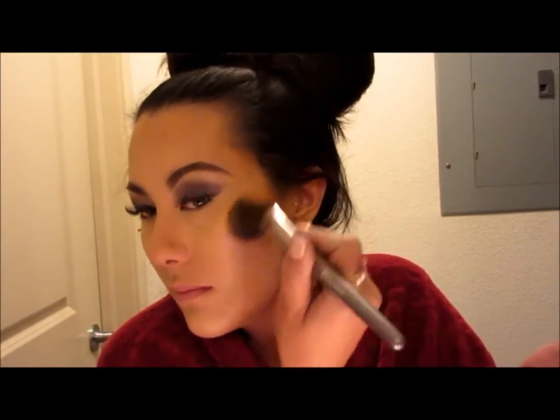And then next, to bronze up the face, as always, I'm going to be using my Golden Bronzer by e.l.f. I'm going to be taking a BH Cosmetics angled fluffy brush. I'm just going to run this right above that contour. Forehead, nose,